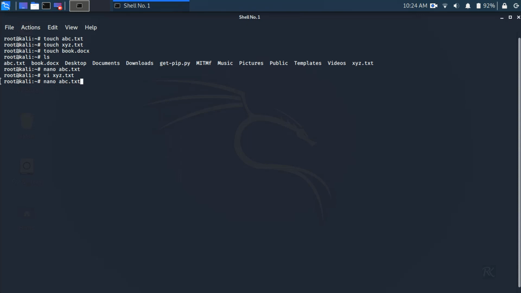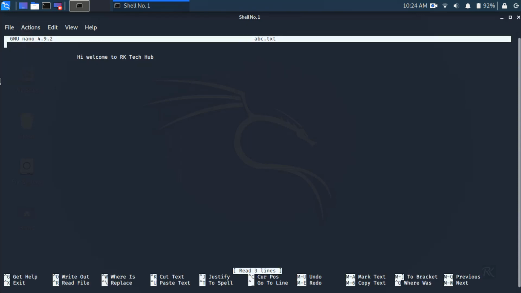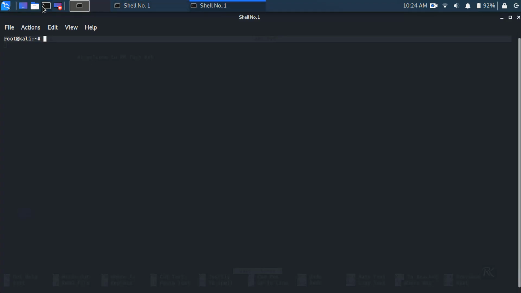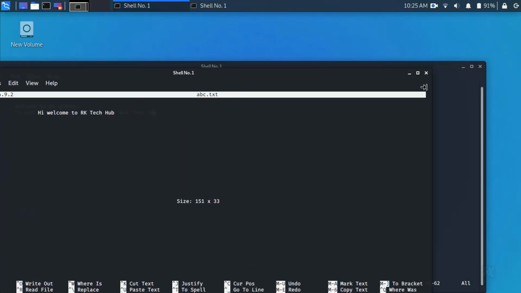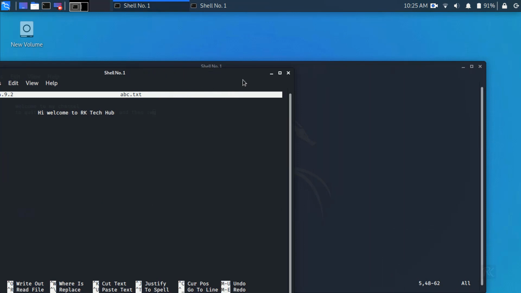Now moving towards our next command, I will show you how the move command works. So let me open both text files on different terminals. vi xyz.txt. Now let me arrange them so it will be more convenient to show you.